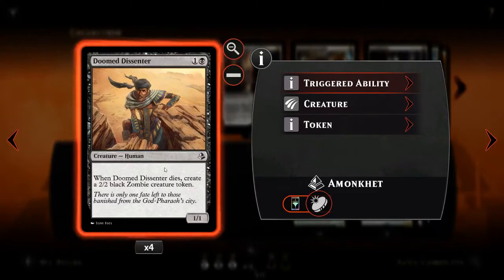We've got Doomed Dissenter, so when Doomed Dissenter dies, create a 2/2 black zombie creature token. Now, what's good about him is he can block something and die, and then you still get another creature in return. And also, if you've got creatures that, whenever you play them, you have to put negative counters on one of your creatures,